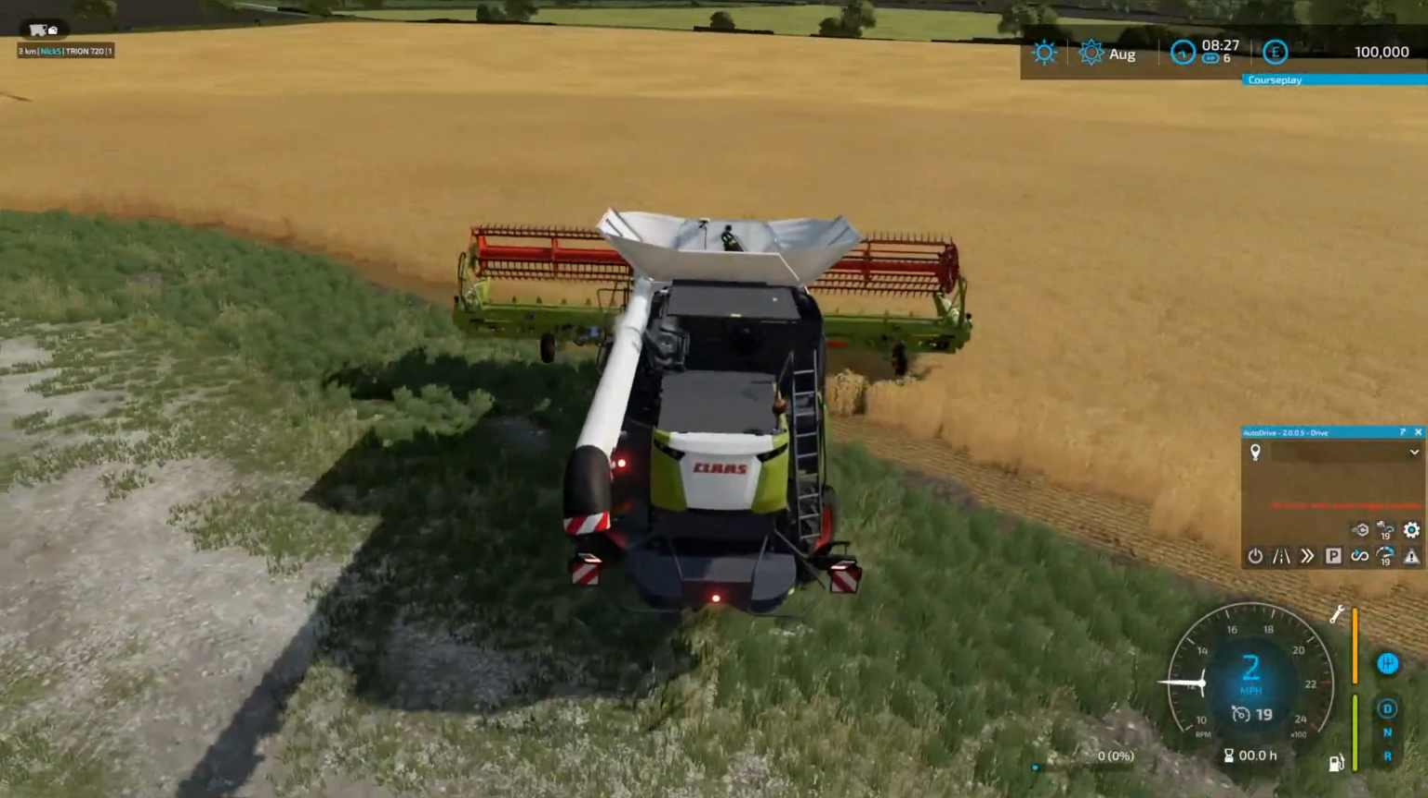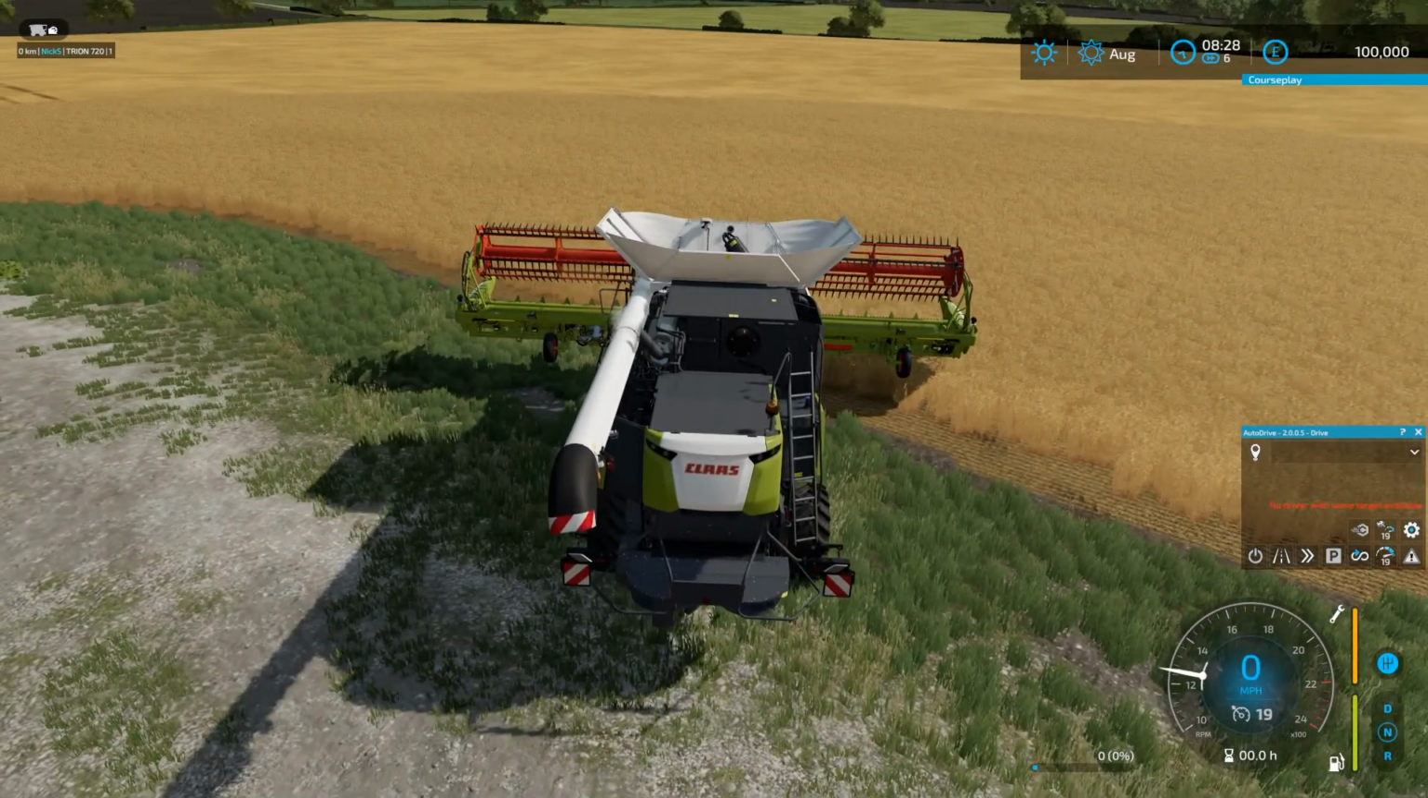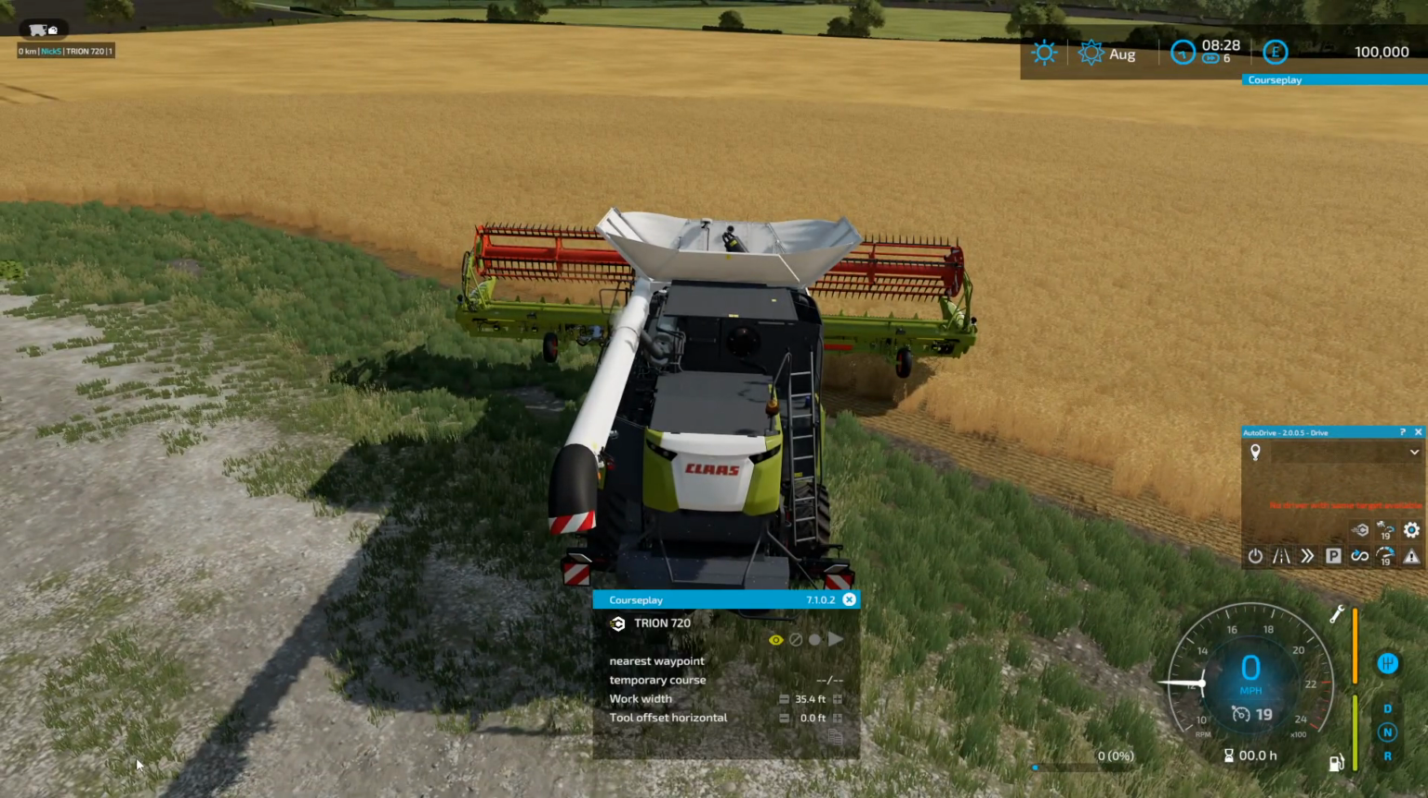Right, so you're here, you've generated your course, you've got crop destruction on and you don't want to drive on the crops. What you do then is you bring up the little HUD. To get this up you push the right mouse button and then you click on first waypoint. It will show up as temporary course till you've labelled the course, and I'll show you how to do that in just a second. You've got your work width, you don't need to touch that, and your tool offset horizontal, but you don't need to touch that unless you're running more than one harvester, which I have a tendency not to do. So then you just click play